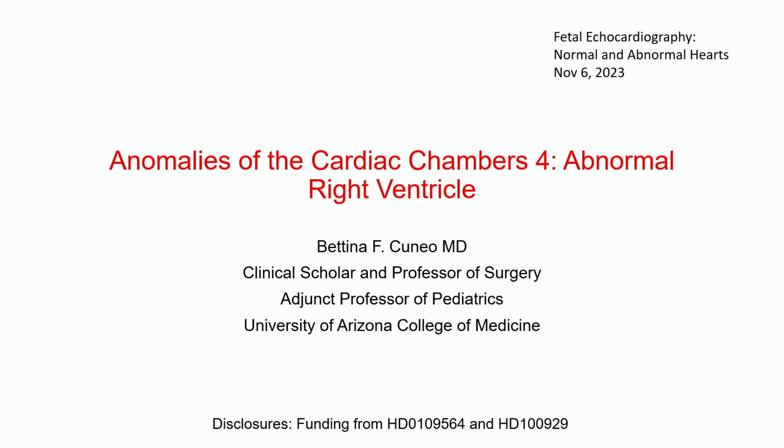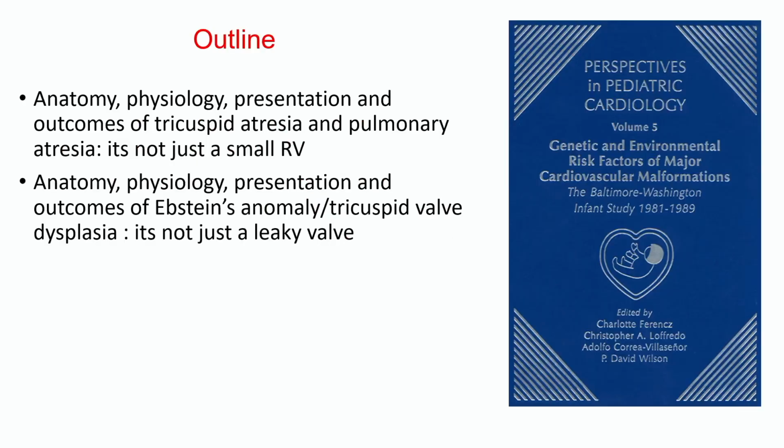So today I'll be talking about the abnormal right ventricle, and that really consists of three major defects. We'll talk first about the anatomy, physiology, presentation, and outcomes of tricuspid atresia and pulmonary atresia with intact septum. And I think you'll learn that it's not just a small right ventricle. And then I'll spend the majority of the time on Ebstein's anomaly of the tricuspid valve, and that's not just